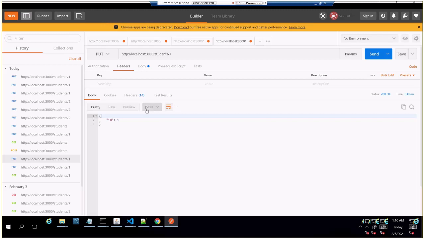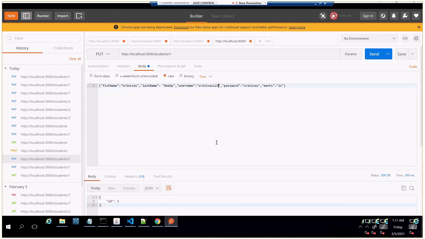Why do we add this header anytime? By default, it will take application/JSON automatically for all the REST APIs. But in this case, we are adding it explicitly, then only it is working. But it should not be.